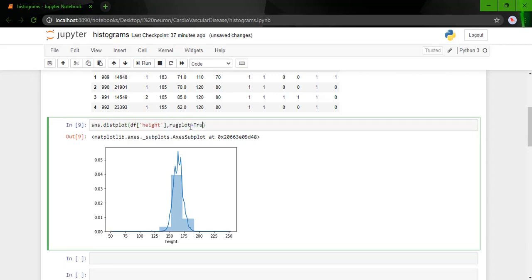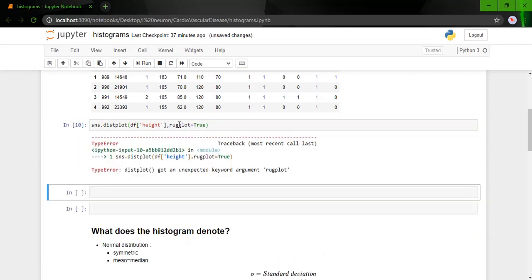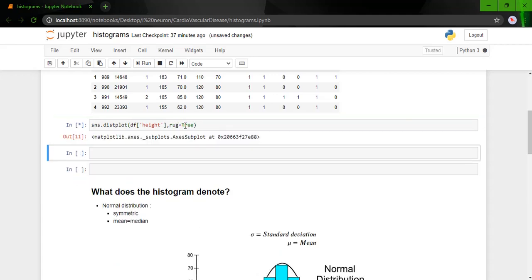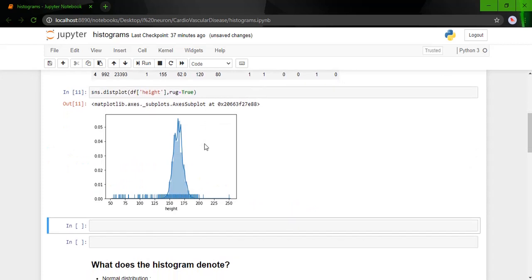Rug plot is another one. Oh wait, it's just called rug and not rug plot. So yeah, these small lines that you notice at the end, these are the rug lines that you see here. It is basically just denoting the values that fall on this number.